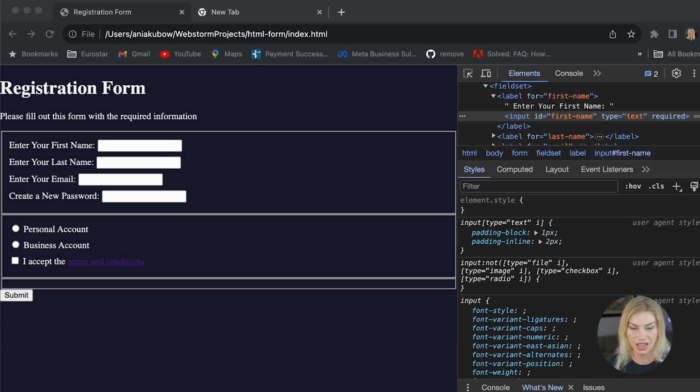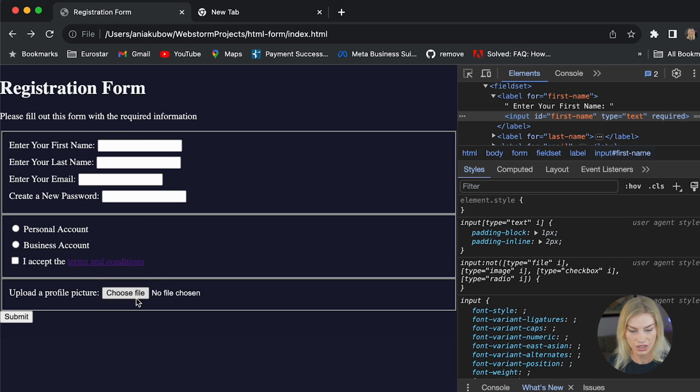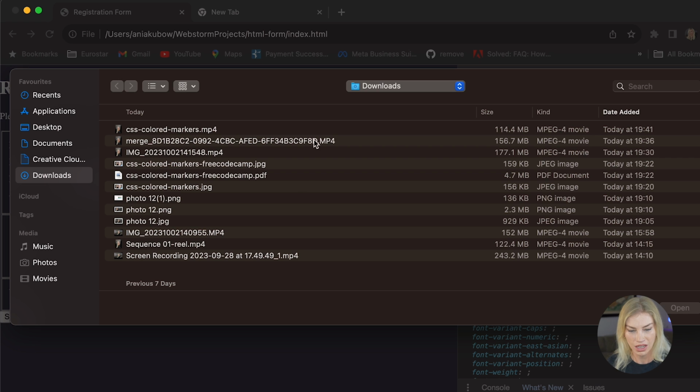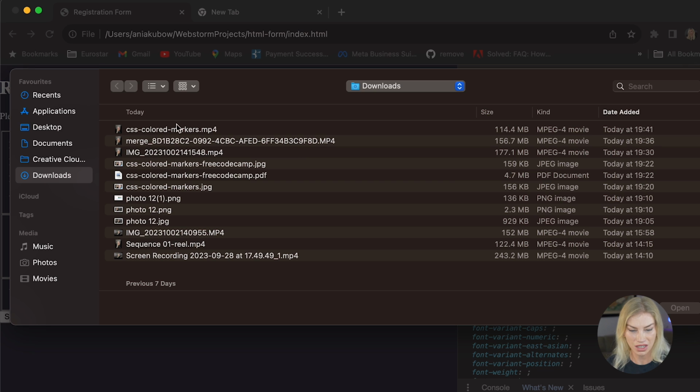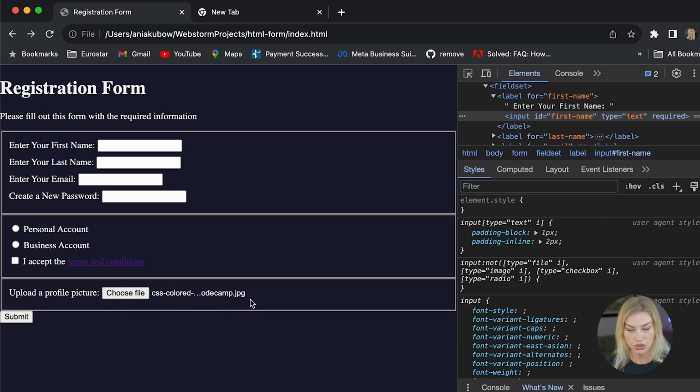So let's have a look at this. So if I now refresh, ta-da, and it allows you to essentially choose a file, which is pretty cool. Okay, amazing. It will show you the file name here. Sometimes you can even get it to display. I do this in a bunch of my tutorials, but for now, this is all it's asking us to do,